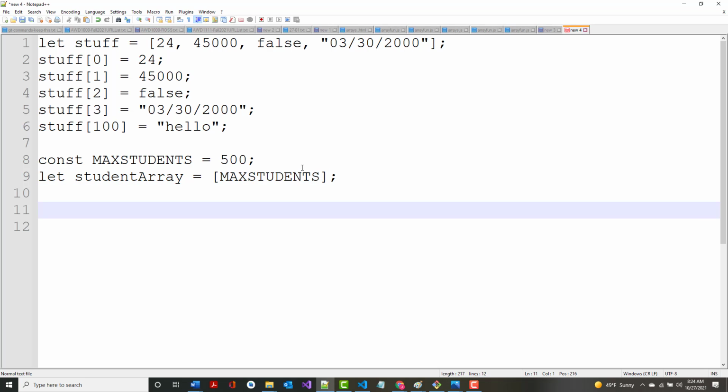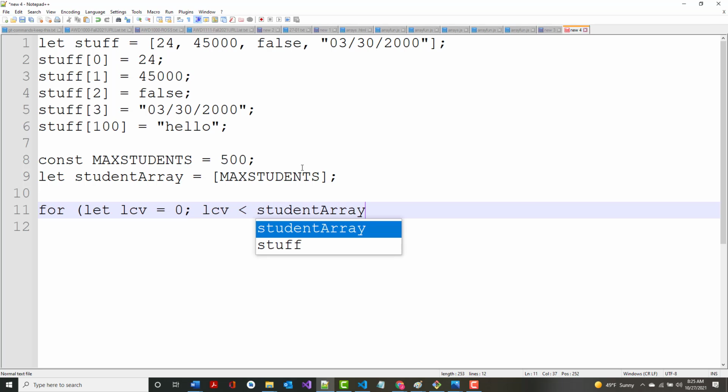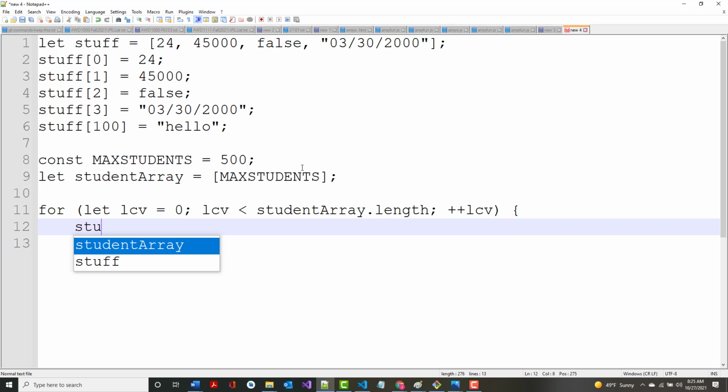If I want to initialize all 500 of those, let's say it's going to be holding test scores, and there's 500 of them, I can now write a simple for loop. For let LCV equal 0, LCV less than or equal to. Now we could say max students right here. We could do that. But the way that you should do it is to say the name of the array dot length. It's basically, in that case, saying the same thing. And then plus plus LCV. Now if I do this and I say student array